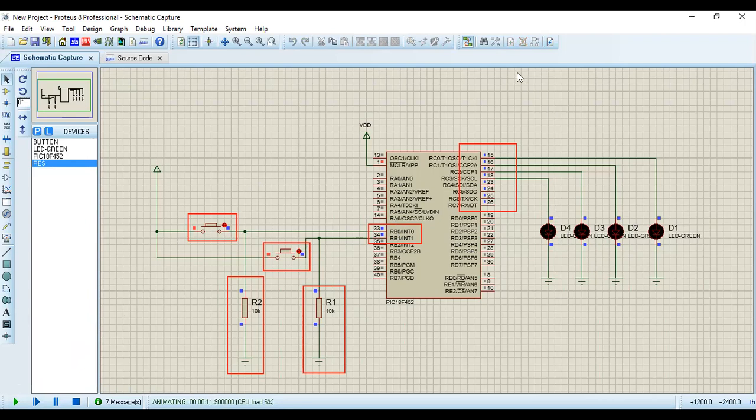So let's say this sensor is our S1 sensor, right? And this is our S2 sensor, right?